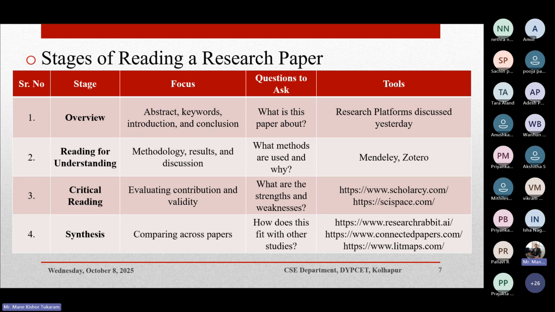Okay, so for each stage, we can use particular tools. For searching the papers, we can use the research platforms which we discussed yesterday. For managing the bookmarks related to the papers, we need Mendeley or Zotero. These are reference manager tools which can copy the URL related to your paper. Okay. Then if you want to understand the strengths and weaknesses related to your paper, you can use an AI tool, that is